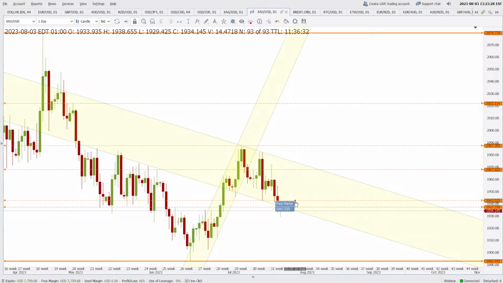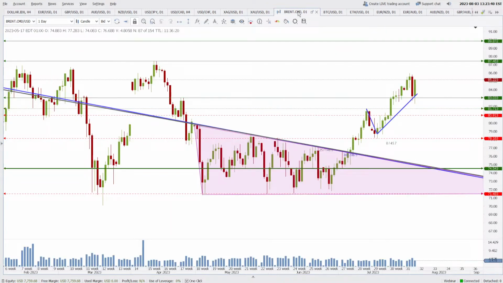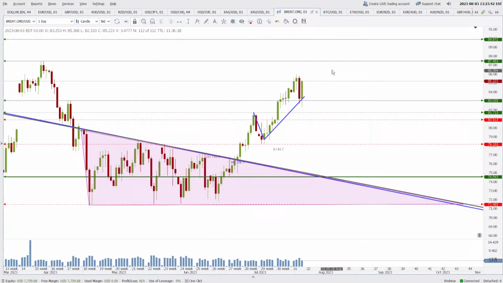If 1942 acts as a resistance and it gives a blow to this candle, and it starts trading below 1929, then 1892 will be exposed in this market. Brent 87 is the resistance, guys. 83 is the support. I think price has taken support today, a very good support today,